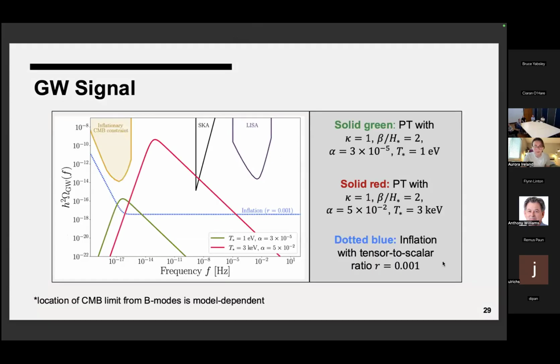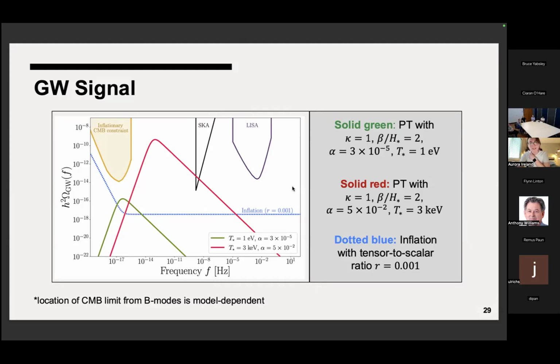So now I'm going to plot this for the two benchmarks that we followed. The red one is the 3 keV benchmark, and the green one is the later time one. I'm also showing here the prediction from inflation for a tensor-to-scalar ratio of 10 to the minus 3, and then also proposed sensitivities. But as I said, these are peaking at much too low frequencies for this to really be a target for the peak. I mean, if you have this much power, you could potentially see it in the subhorizon tail there. But